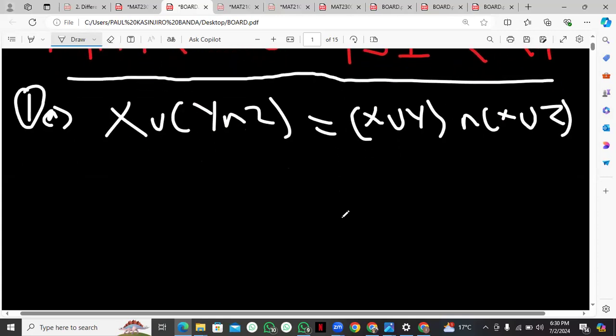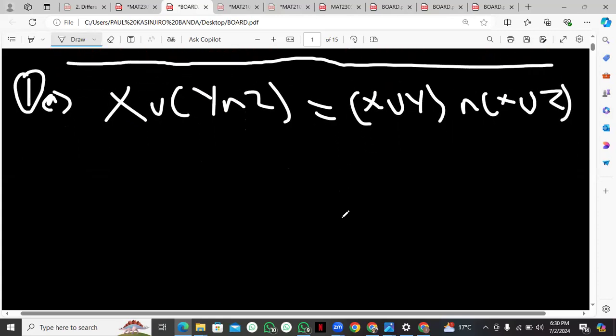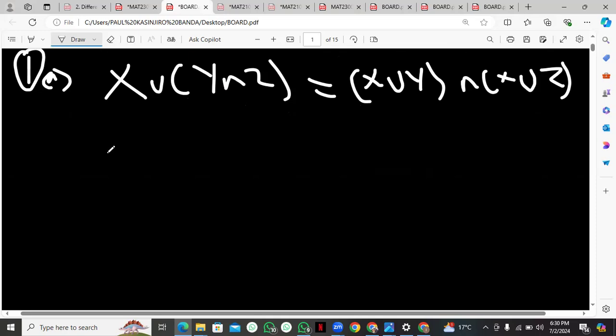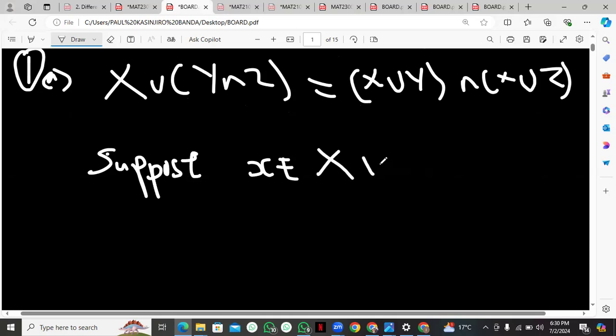So the first part of the proof is always to assume, or you suppose, okay? So we are going to say suppose, okay, I'm not going to write all the words here, but I'll be explaining it and hoping that you follow it. So we're going to say suppose, okay? Suppose that we have an element X that is a member of this set that we have on the left-hand side, okay? Suppose that X is a member of this set,